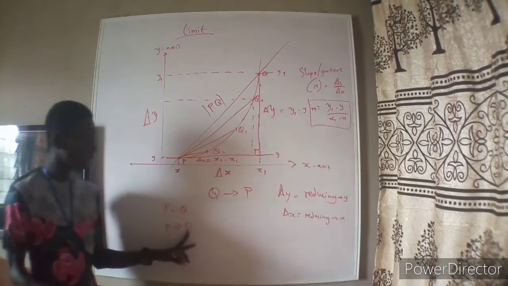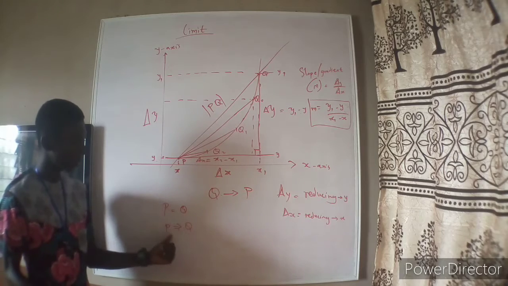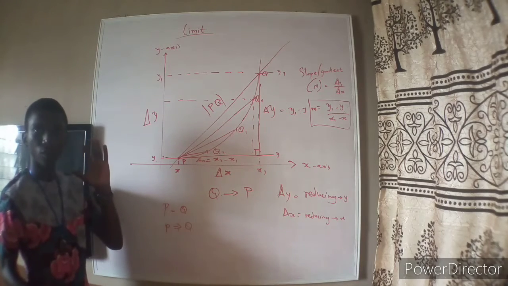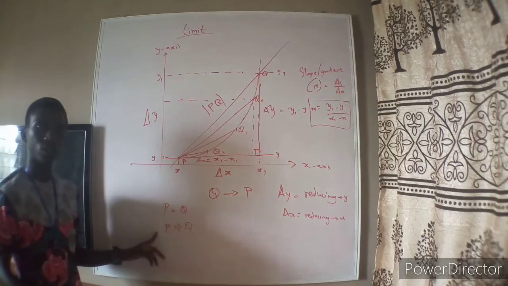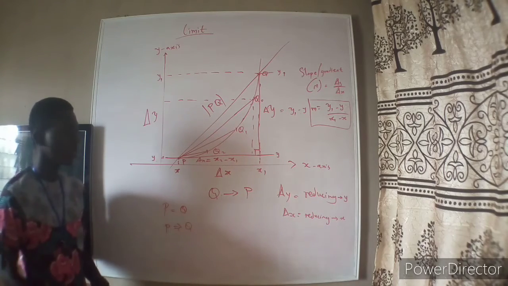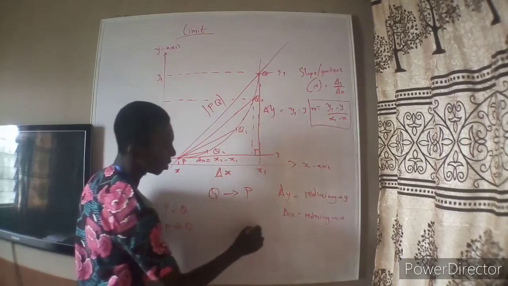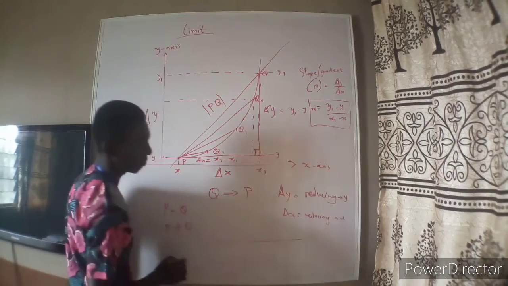Q is only trying to assume the position of P in this case. But in this case, they are the same thing, no difference. But in this case, it's only assuming it. It's not there yet. So, if I say, for instance, let me assume I have an x-axis